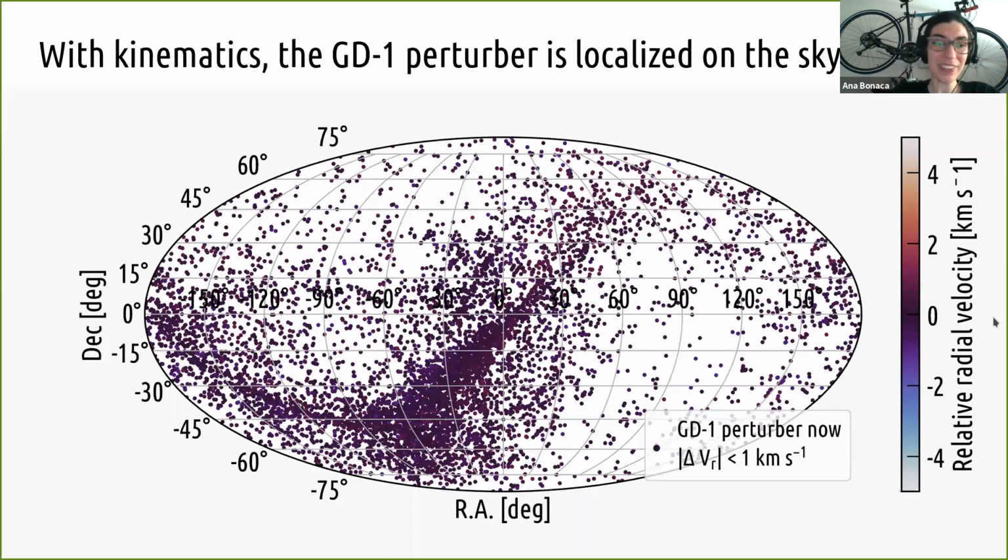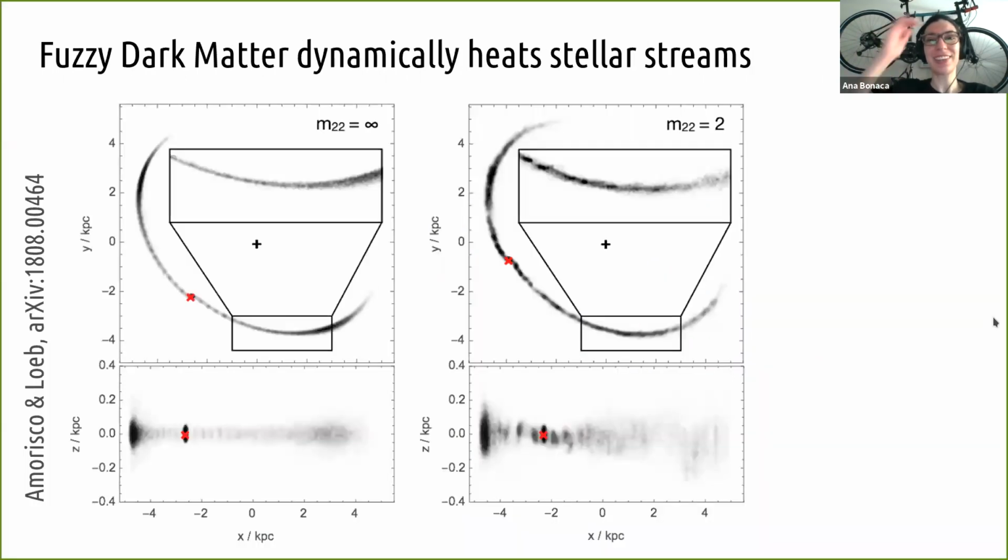So that's the first exciting finding: getting precise radial velocities in such a cold stellar stream, where we can actually resolve differences of 1 kilometer a second. I would like to end with a couple more possibilities of what else we could do with this data. And it'd be remiss not to mention this study by Nicola Morisco and Avi Loeb from a couple